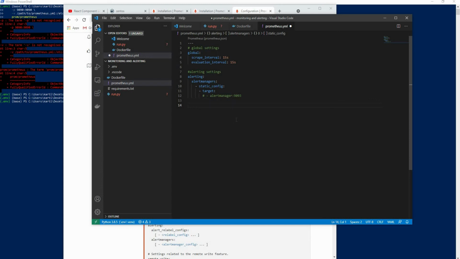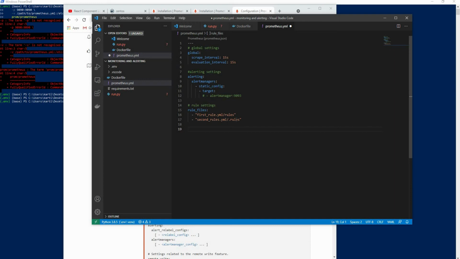Let's go to the rule files again. For example, if you write an alert and you want it to get triggered via Prometheus, you need rule settings, and we give it under the rule files. This will be like our first rule.yml or whatever. It could be rules files as well. It's based on how you write. And let's say a second rule. So as a list, we are passing a lot of rules here, or dot rules.